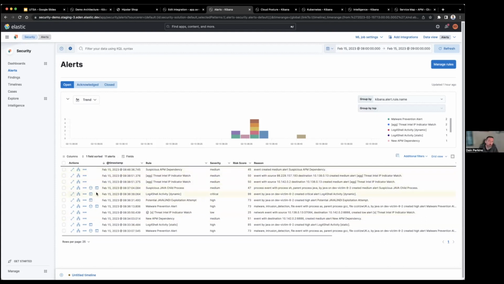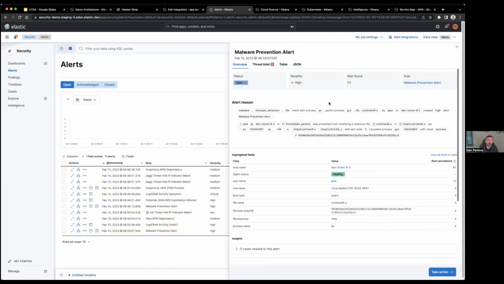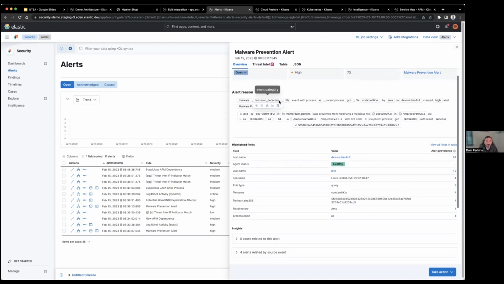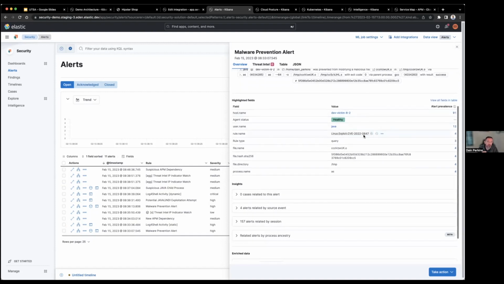But we've got a bunch of different ways that we can look at all of these different alerts. The first one down at the bottom here is a malware prevention alert. So I can open up my details on that alert. This is coming from Elastic Defend. So this is our endpoint XDR agent. In this case, we see a file was attempted to compile, and we've got a whole bunch of information. It's this Linux exploit. I wrote it, so I happen to know that it's trying to compile Dirty Pipe to try and get to root access.